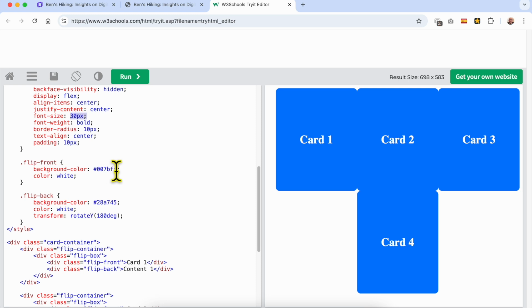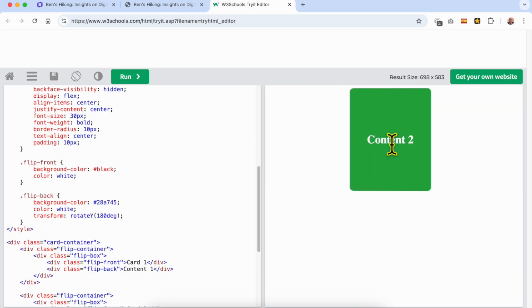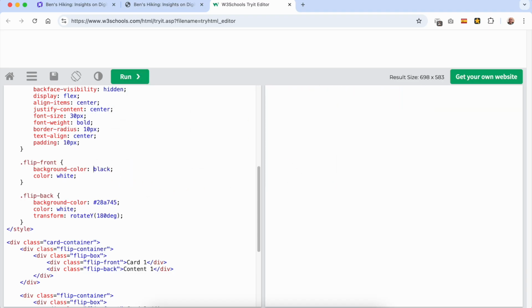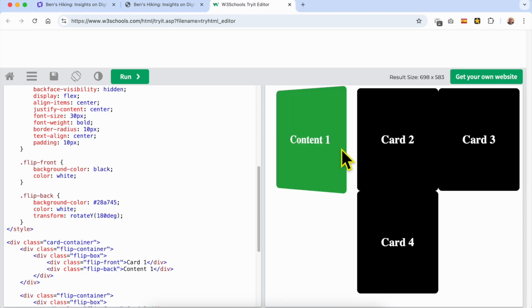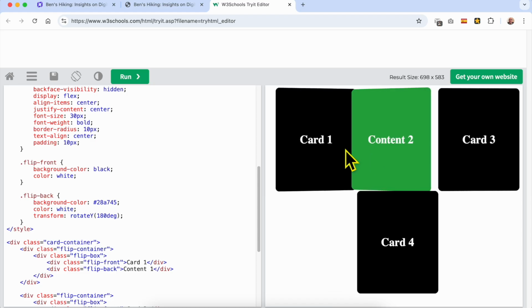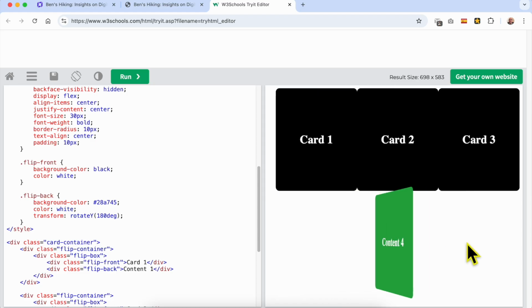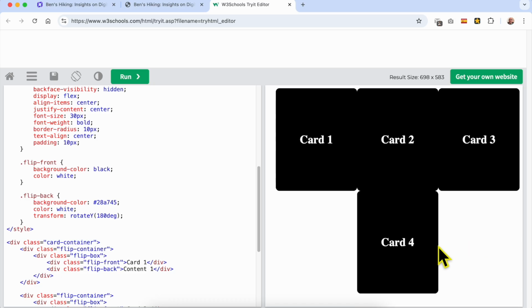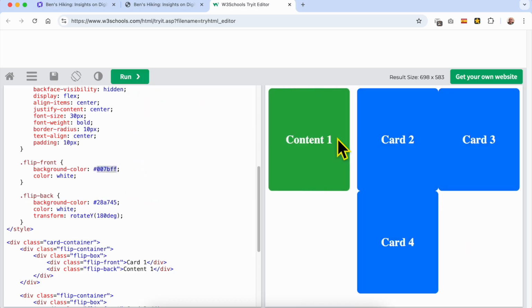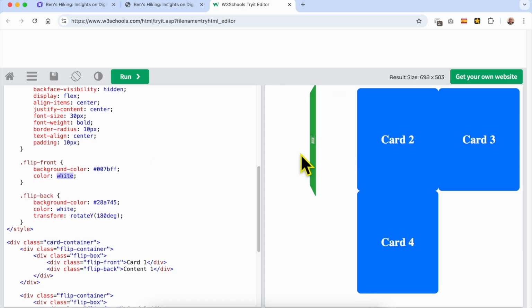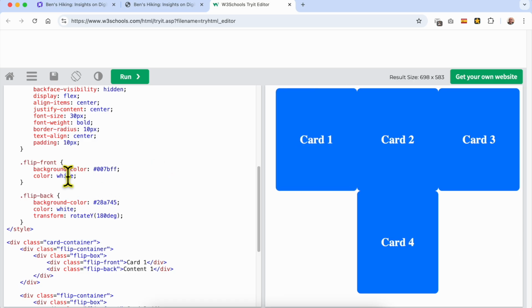Here I think the background color I will go with black to see the difference. My bad. This is how to edit the card's color. I will return to the default blue color, white,